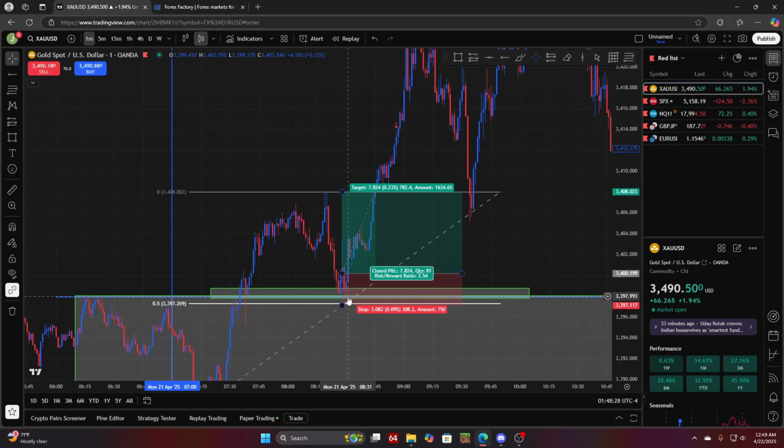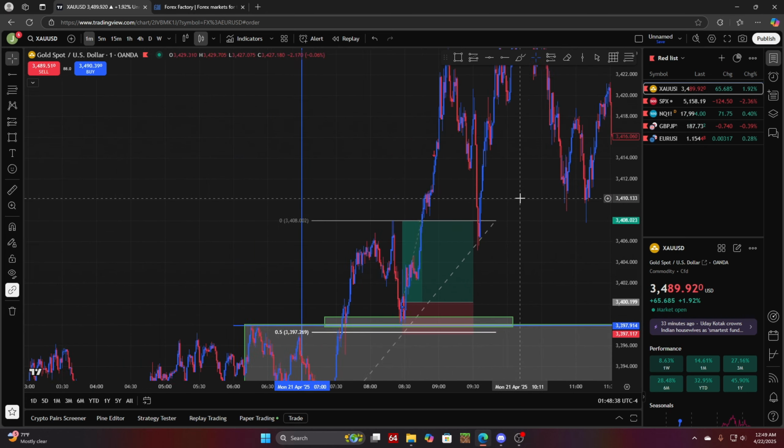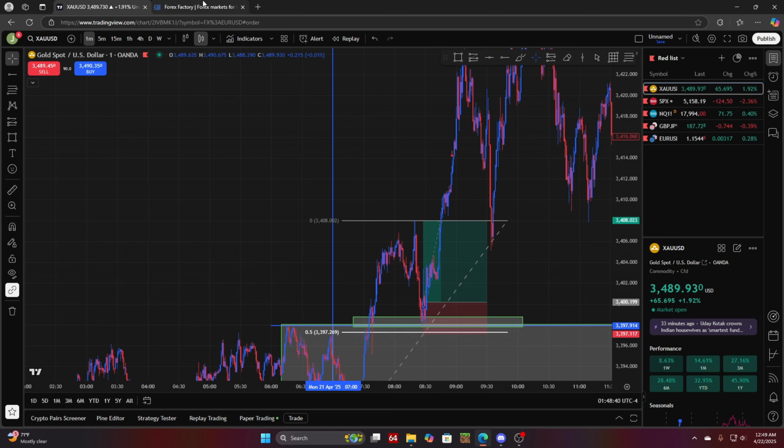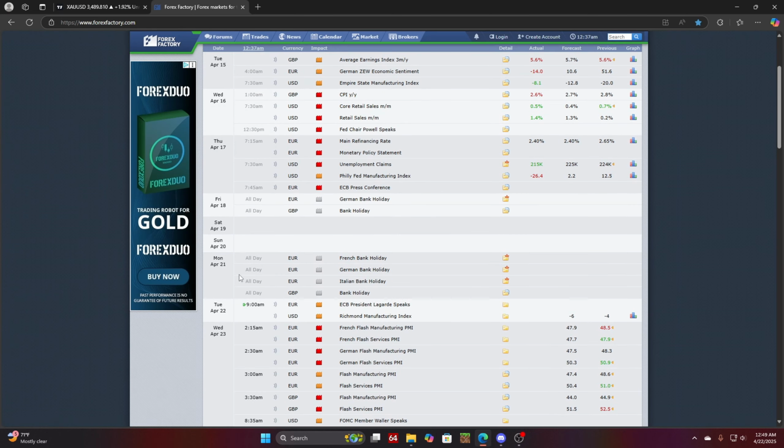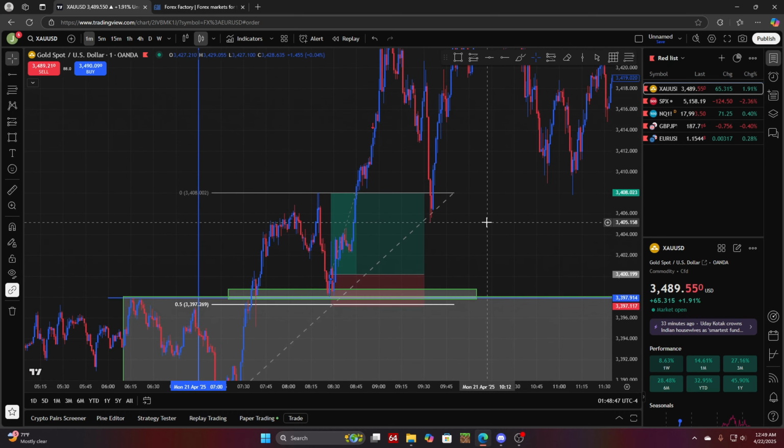Also, paying more attention to the fair value gap, which I didn't see at the moment because again I was not in the right mindset. Honestly, I would have just skipped Monday, like, I would just skip the 21st. But I also had a feeling,